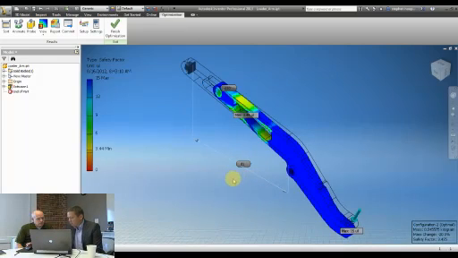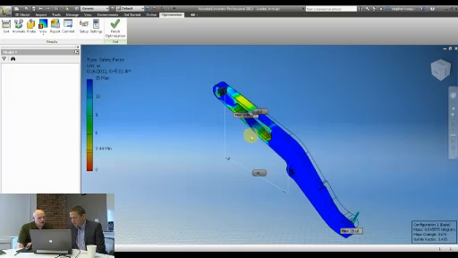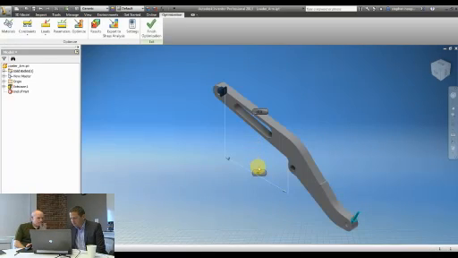And not only is it stronger than it needs to be, it's actually reduced the weight by 20%, which means you're using less material. That's costing you less to manufacture, and it's more environmental. Yep. So all in all, it's a good result. It's a good result for you as the manufacturer, it's a good result for your customer, and it's a good result for the environment.